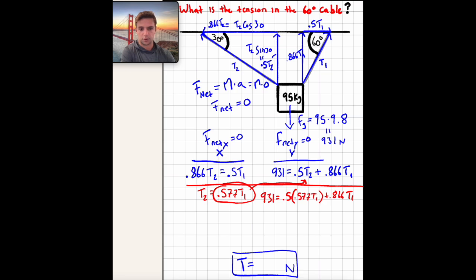So with a little bit of algebra, we multiply 0.5 times 0.577 and add that to 0.866, and you end up with 1.155 T1 is equal to 931. Divide both sides by 1.155 to cancel it out here, and we get the tension, T1, or the tension in the 60-degree cable, is equal to 806.1 newtons. So that's a brief overview, putting together a lot of components of math there,